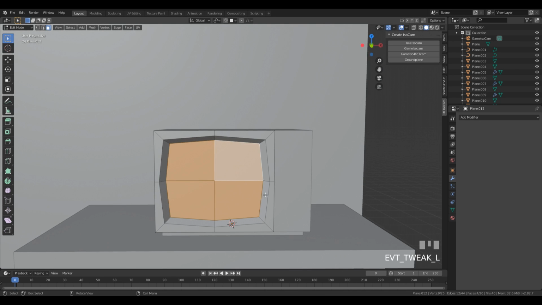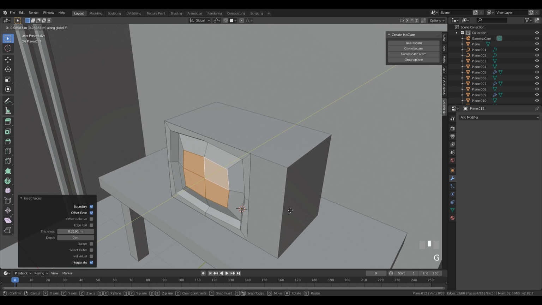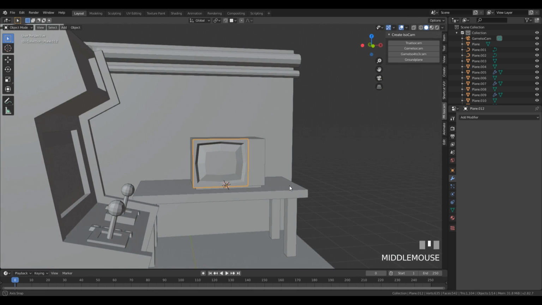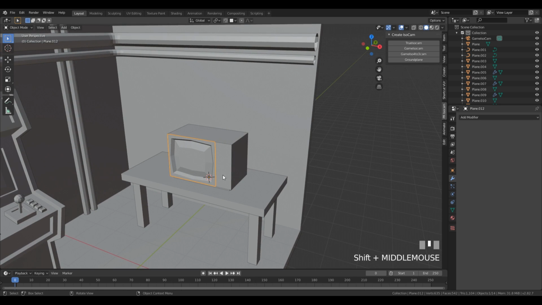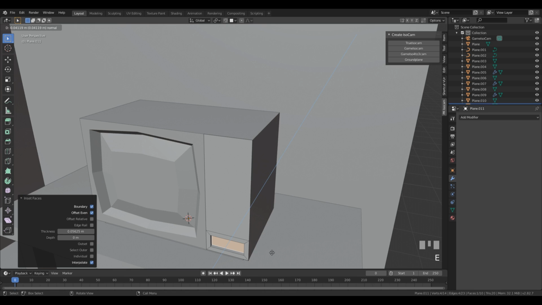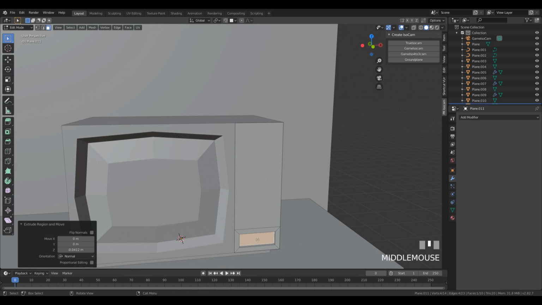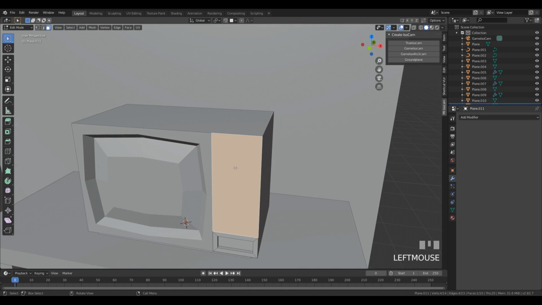Okay, and we can now select these four, do an inset, and push this out a little bit. So G, Y. So we have a simple TV shape, and right now we can do some cut here, move it down, make an inset here. There'll be like a place for some lights or something, and we can do some channel buttons up here. So we can do another cut,